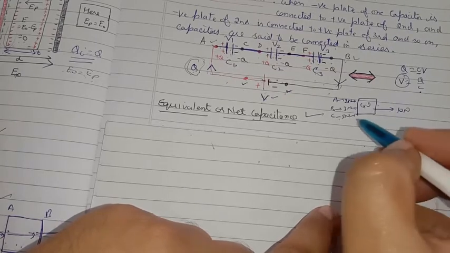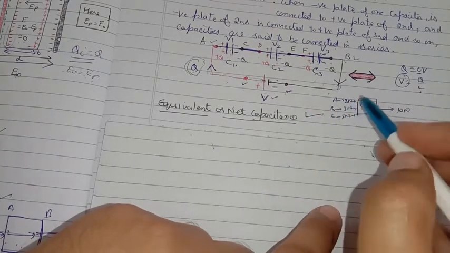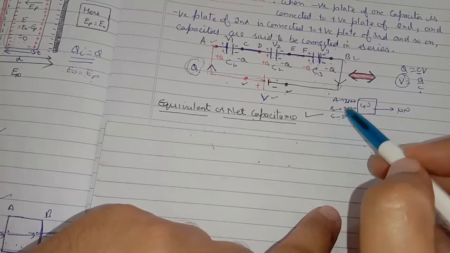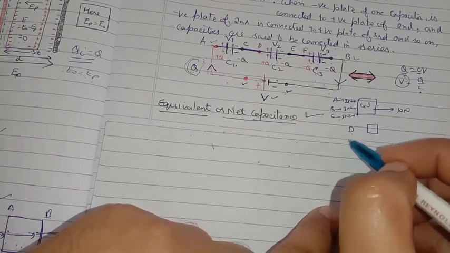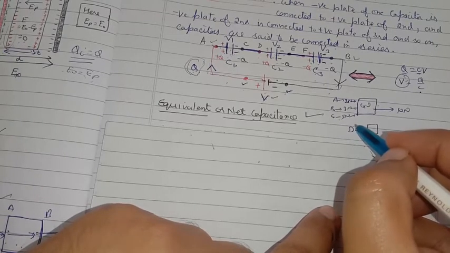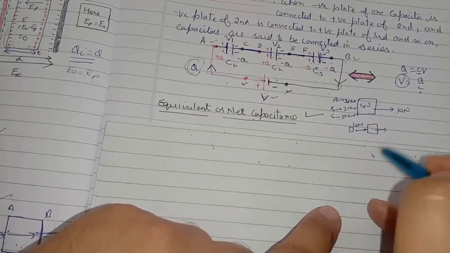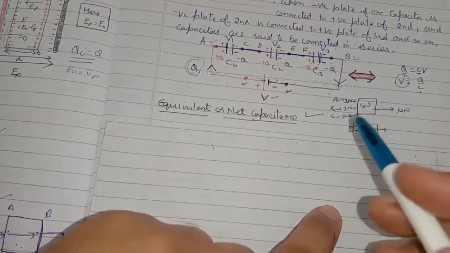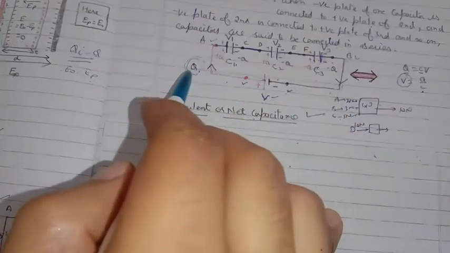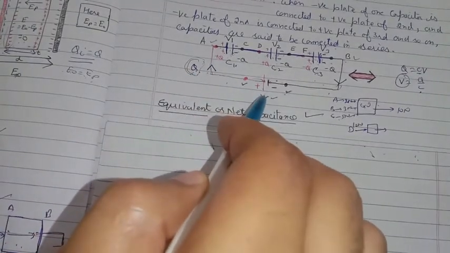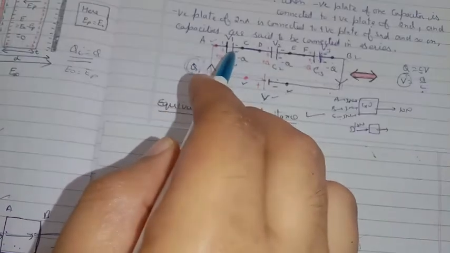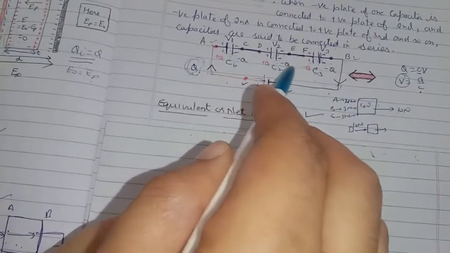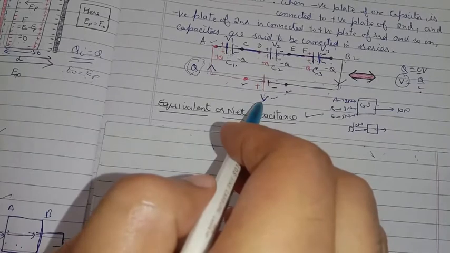So finding equivalent capacitance means instead of using three persons which can apply smaller magnitude of force, why don't we find a fourth person D who single-handedly can apply a force of 10 Newton and can move the block. So here the function of the capacitors connected to the battery is to extract charge Q from the battery. When we wanted to extract charge Q, we had to connect three capacitors C1, C2, C3 with the battery.